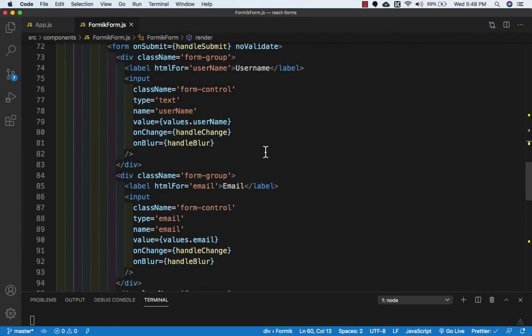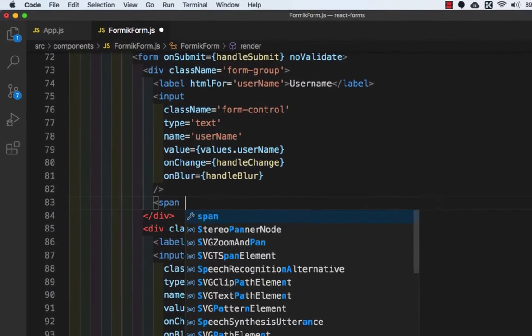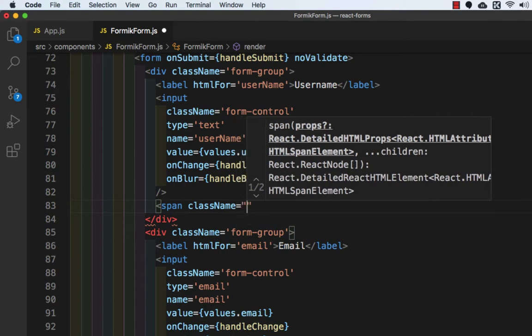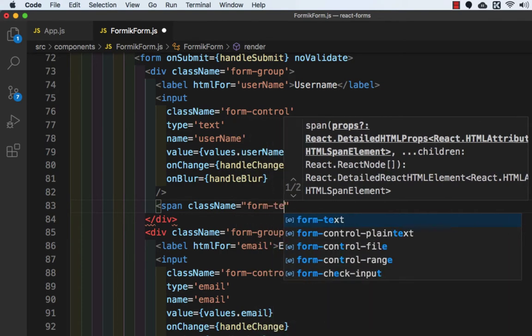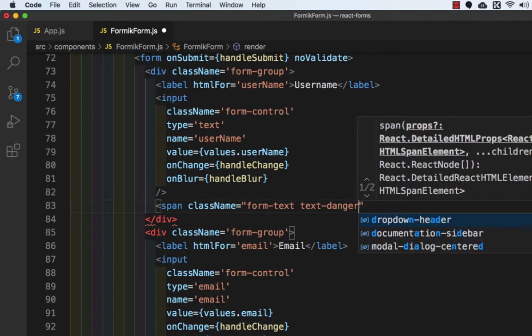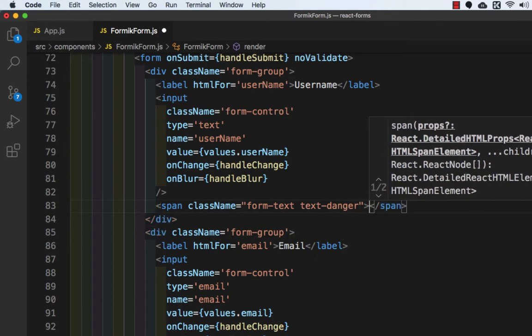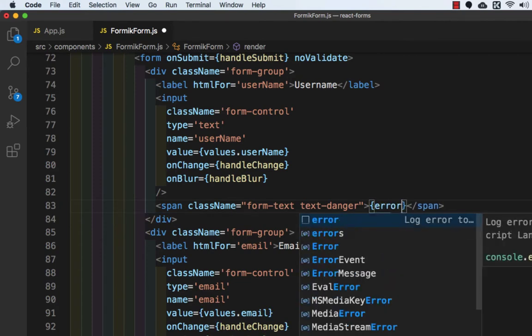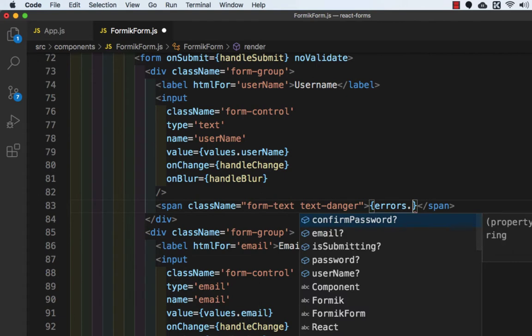Hello friends, welcome back. In this video, we will set the error message. So after the input, we will take a span tag and here we will write class name, which is equal to form text and text danger. And inside this span tag, we will take a JavaScript expression and here we will write errors dot username